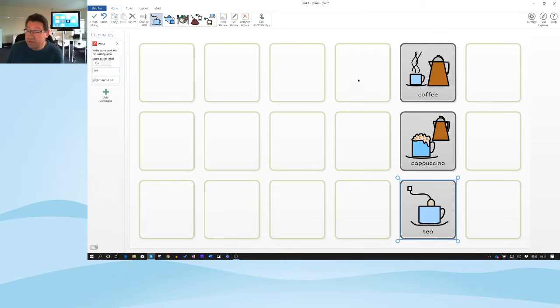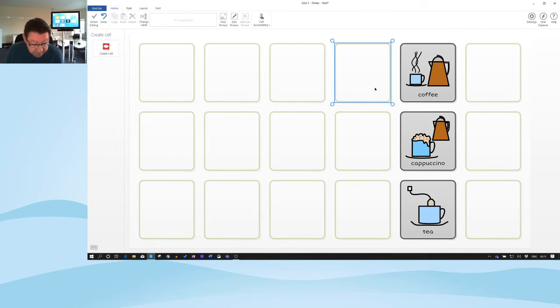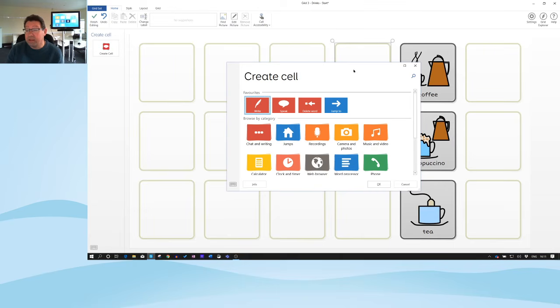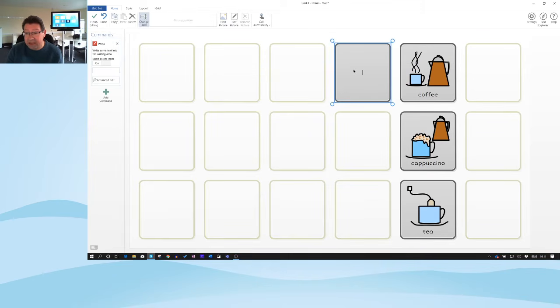Okay, so I'm going to move to the next column now. Now this time, rather than clicking on create cell, a quicker way, if you've already created a cell beforehand, is to just select the blank area and then press enter, and that will bring up this box, and because write is already highlighted, because that's what we did last, we can just hit enter again, and then type the name of our next drink,